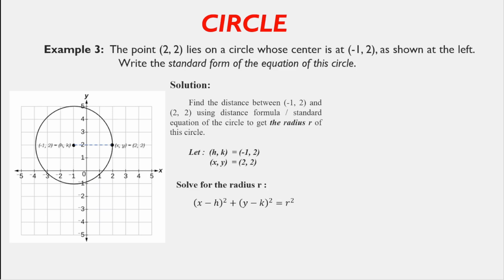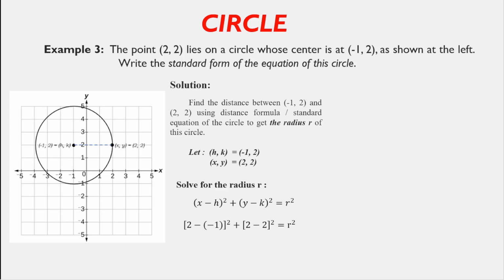Solve for the radius. This is the equation of the circle in standard form whose center is located at (h, k). Substituting x is 2, h is -1, y is 2, and k is 2, we have